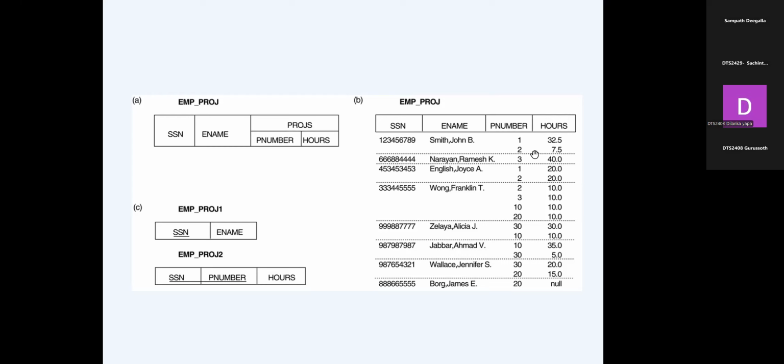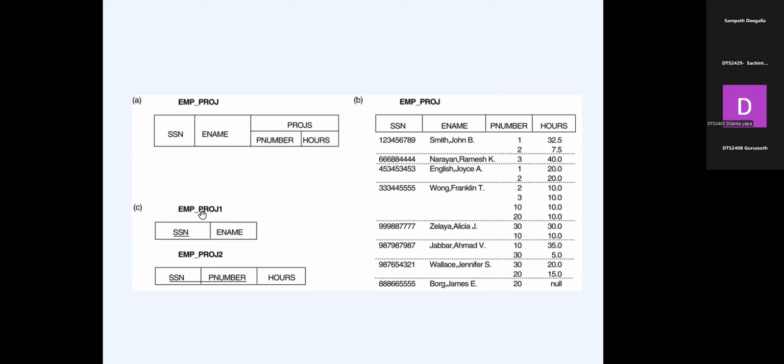So when you have a situation like this, this is not in first normal form. Therefore, you have to break this. When the relations are not in the normal forms, you have to break it. So in this particular case, you have to break, right? This issue, that means this should be separated out and this should be separated out. So when you separate out social security number and employee name,